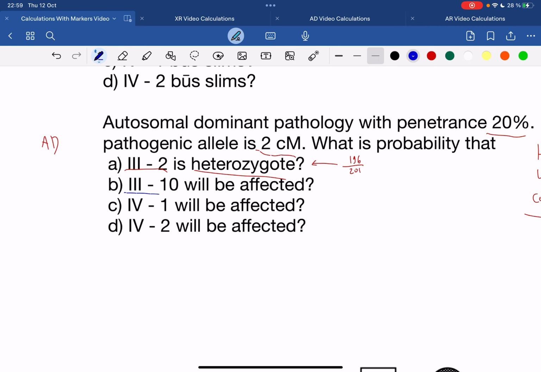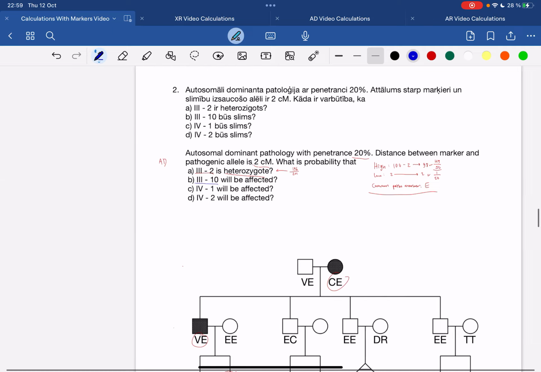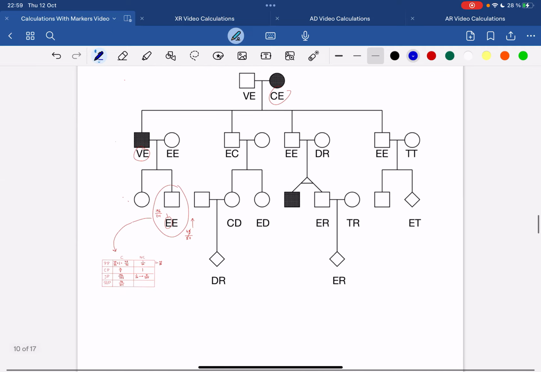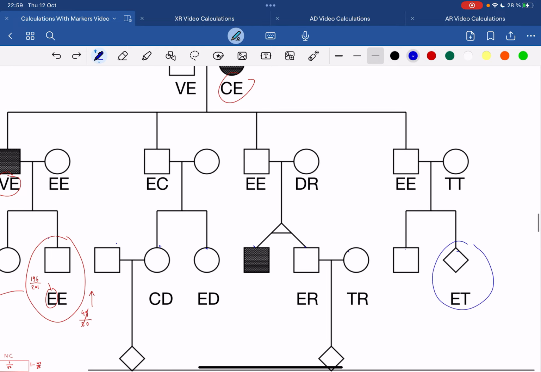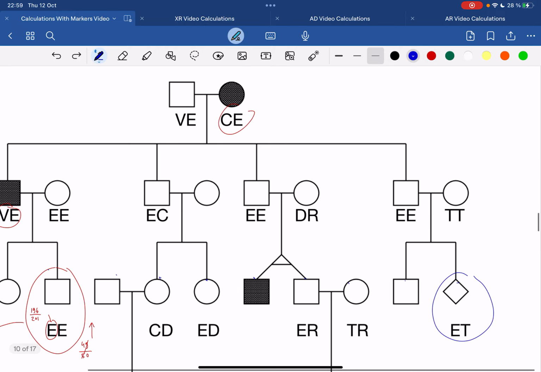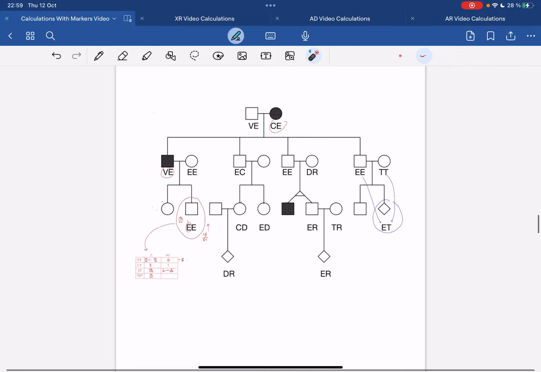Next one, what is the chance for 310 to be affected? So 310, 1, 2, 3, 4, 5, 6, 7, 8, 9, 10. So this person right here, ET guy. So ET has gotten what? He's gotten the T from the mom and the E from the dad. But we don't know which E it is. And remember,